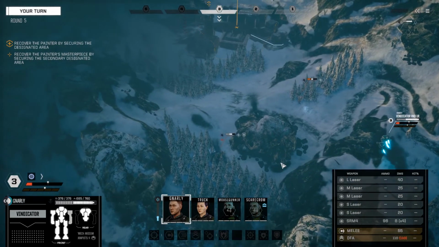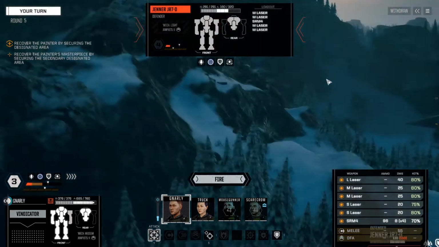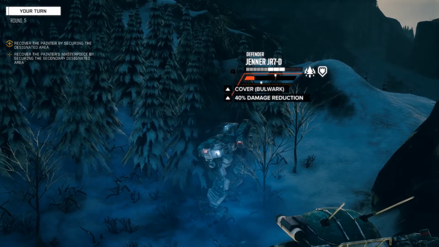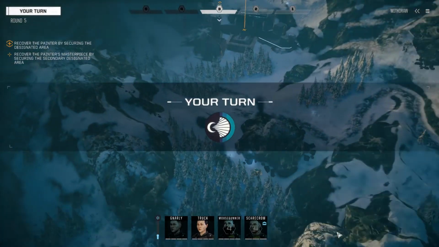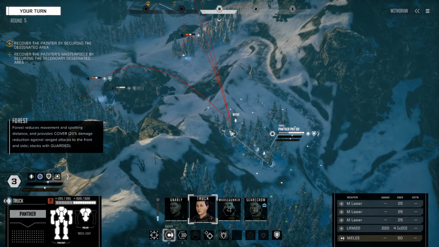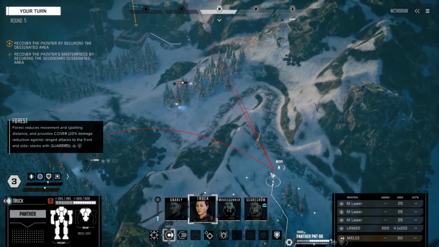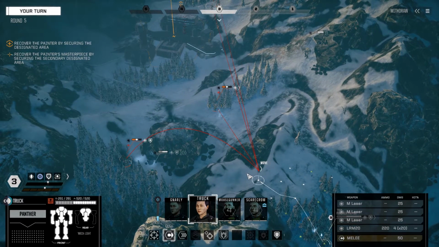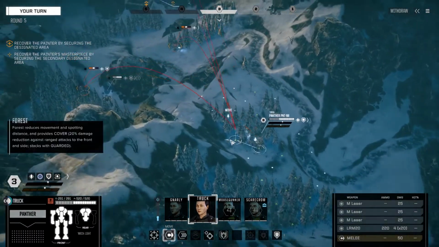Copy that. We're gonna do a full salvo into the Jenner. Fire. There's a lot of missing for such a high chance to hit. Okay. Yeah. Now, I could get in here and do a huge amount of damage to that locust. But probably not the wisest move. Yep. I think...